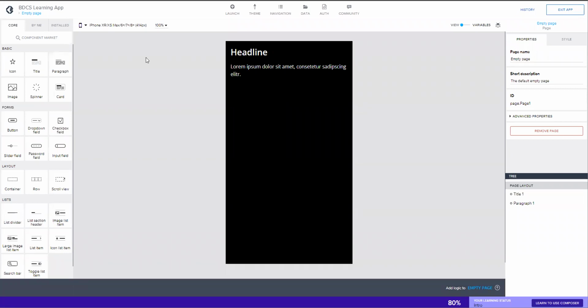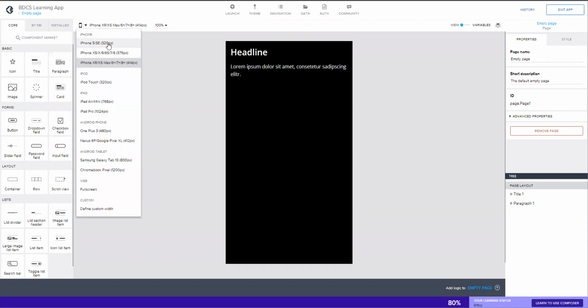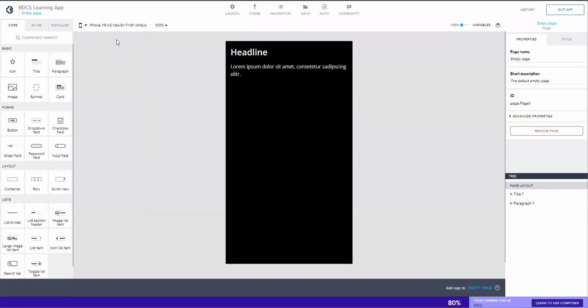A quick walkthrough here. This is your canvas wherein you are designing the application, and the model that I'm going to be designing this application on would be for iPhone XR XS. But then you can pick and choose the application that you want to design for. You can design web screen, web-based, tab-based, OnePlus, and so on and so forth. So for now, I'm just focused on iPhone XR, but this is going to work for Android applications too.